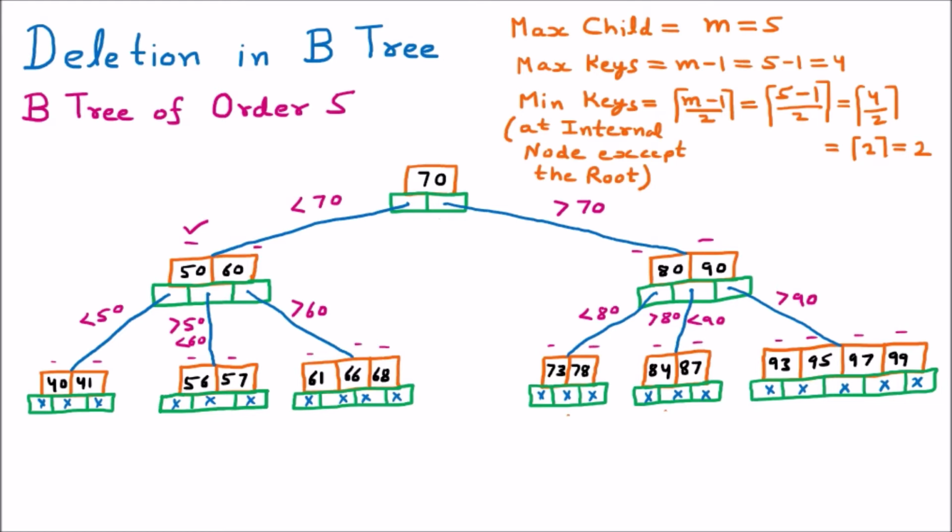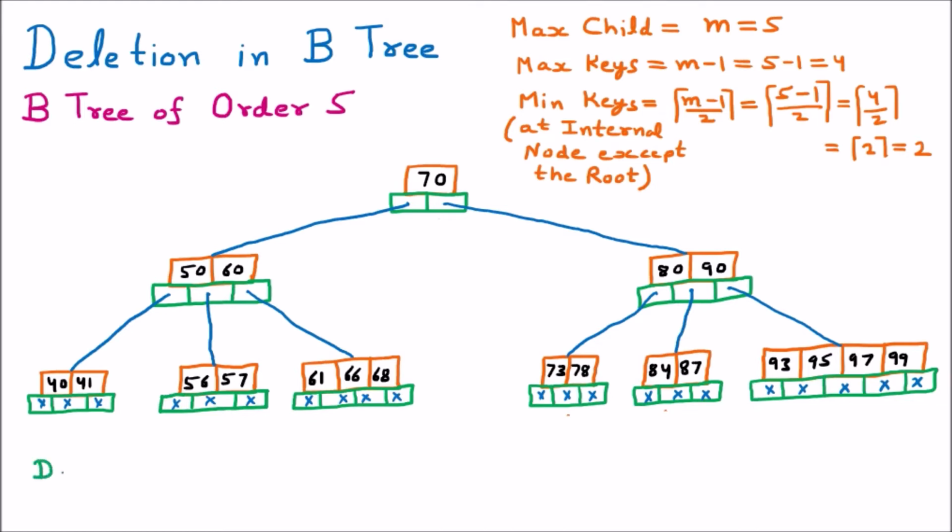So now we are sure that this is our complete B tree, where we have checked all the rules. Now we are going to perform the deletion here. Let us suppose the first element which I want to delete here. So I am writing here, delete. The first element which I am deleting here is 66.